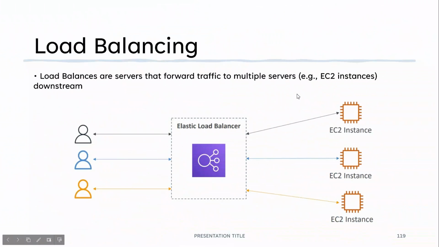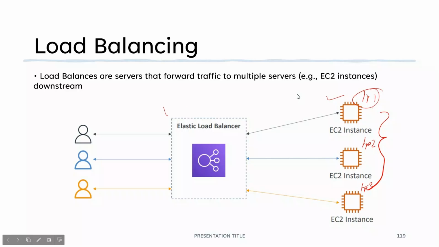Now let us talk about load balancing. Okay, so load balancers are servers that forward traffic to multiple servers. Example, EC2 instances. It means that basically your web servers, you have three particular web servers working, right? This is 1 and this is 2, then this is 3, and each instance has its own public IP, right? IP1, IP2 and IP3. Now instead of communicating with each EC2 instance directly using its IP address, what you do